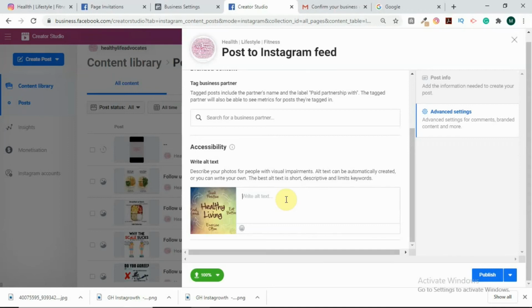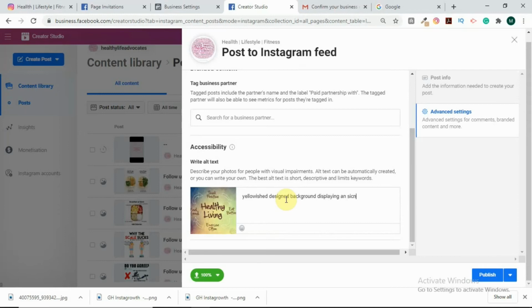Or in this case, we have a designed background. Let's say, I don't know what color that is, a yellowish. So you can write yellowish designed background. Make sure that the keyword that you have used to select your hashtag shows up in this text. Okay. So yellowish design background displaying